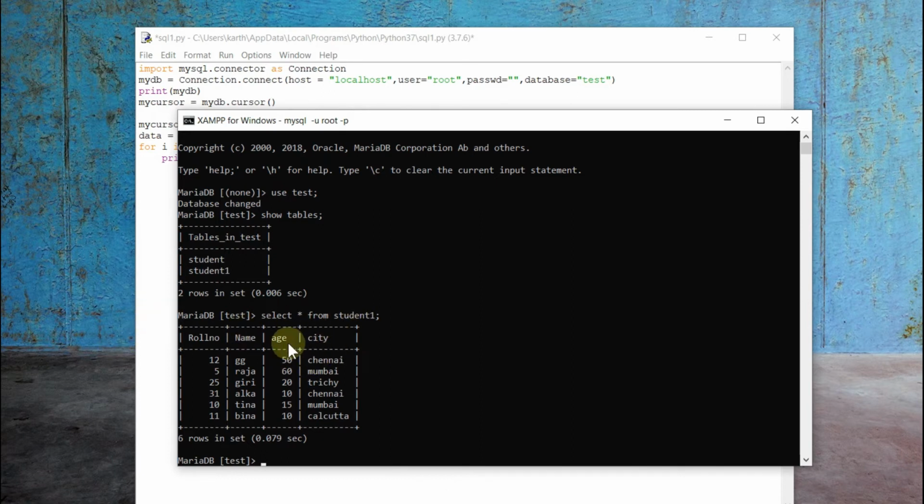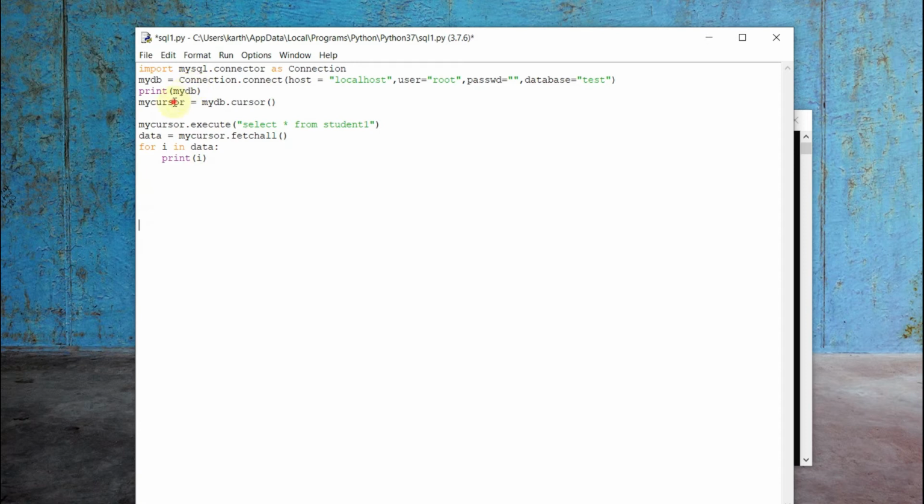Now, when I need to execute the same query here, using the cursor object, I need to invoke the function called execute, wherein I need to specify the SQL query, select star from student. By specifying this query, when we are executing, the fetched result will be available in my cursor. After the result set is available in my cursor, we need to make use of the function called fetchall. We'll be seeing different types of functions using which we can retrieve the result from the cursor object. First one which we are going to see is fetchall. The data is the variable which is going to retrieve all the result.